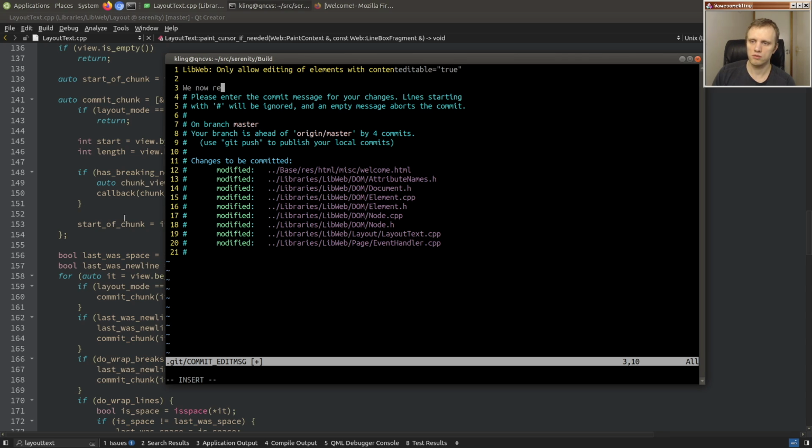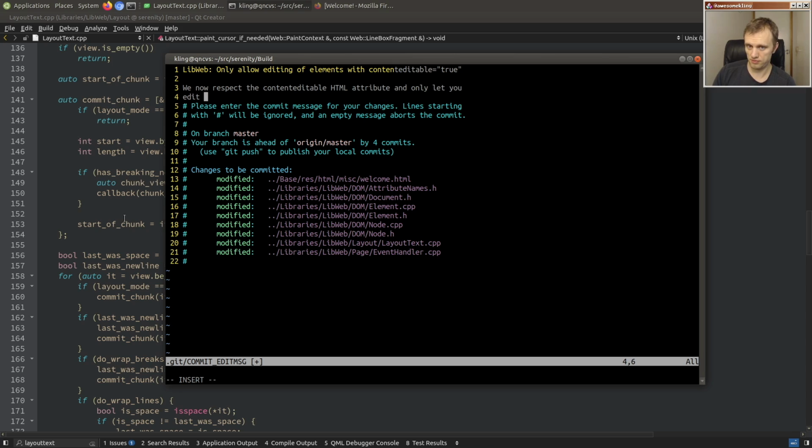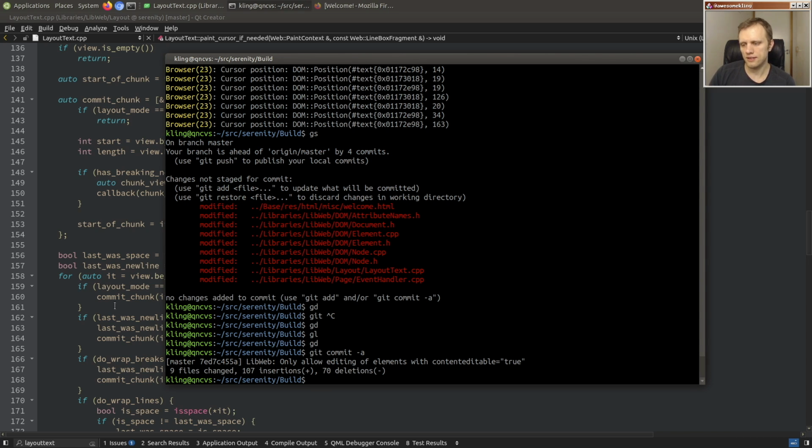We now respect the content editable HTML attribute and only let you edit content inside elements with it. Inside explicitly editable elements. Yes, and